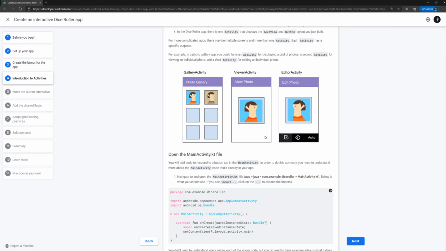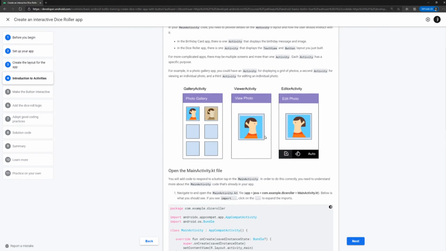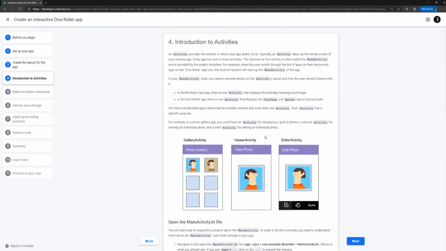So what is an activity? Activity is basically, whenever you are running the app, certain steps have to be done, right? All these steps are being carried out by the activity. So in our dice roller app, we have something called a main activity. Let us say that in your menus, whenever you scroll down and click on the dice roller app, the dice roller app will be opened, and whenever the dice roller app is opened, certain activities